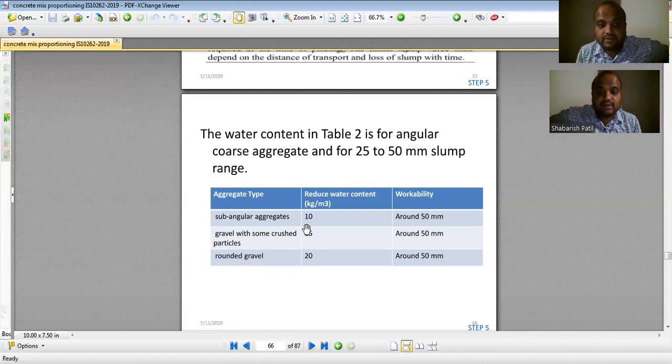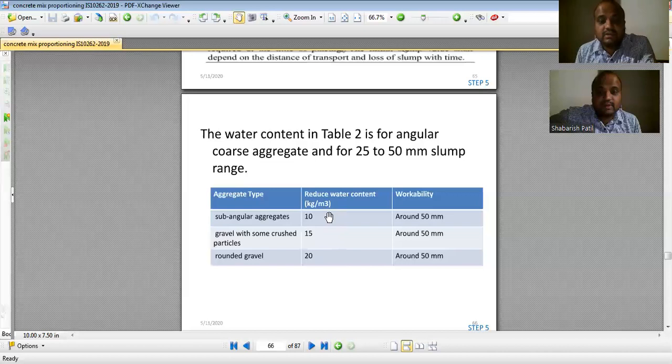Okay, see if you could recall this, they are the types of the aggregates, and based on type of the aggregate, your slump is going to change. More the rounded the aggregate is, more is the slump. Okay, in that case, I can reduce my water content. So please remember here, angular is totally, I have some angles in my aggregate like flaky or elongated aggregate. Okay, there is more friction between them, so I get lesser slump. Subangular is some reduction in the angle. Then comes a gravel. Okay, gravel is with some crushed particles, so it is much more rounder, and then directly comes to a rounded aggregate. With this, I can reduce my water content.